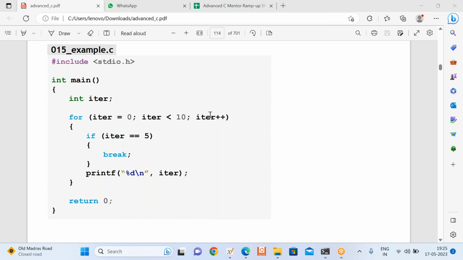ITR becomes 1. Again we will check, is 1 less than 10? The condition becomes true. Again we are comparing 1 equals to 5. Again the condition becomes false. As the condition becomes false, we will directly come here and we will print 1. It will keep executing. But when your ITR value becomes 5,